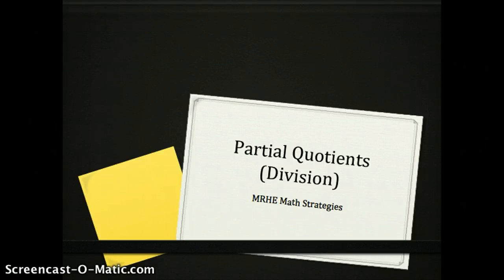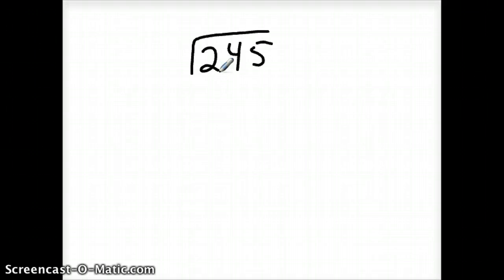So today we want to look at the partial quotients strategy for division, and it's one of our introductory division strategies that we use with the students. So we're going to look at using that partial quotient strategy to solve a division problem like 245 divided by 3. So we need to look at how we can take groups of 3 out of this 245,